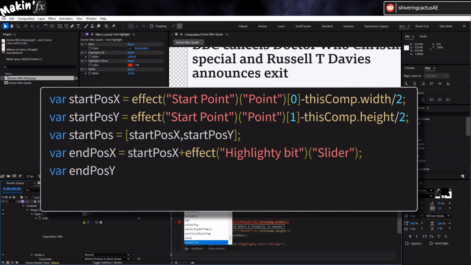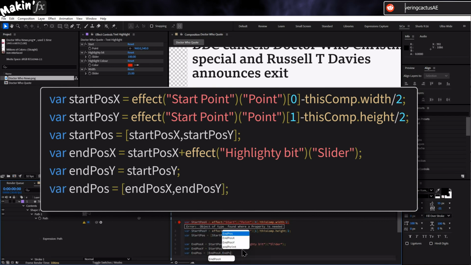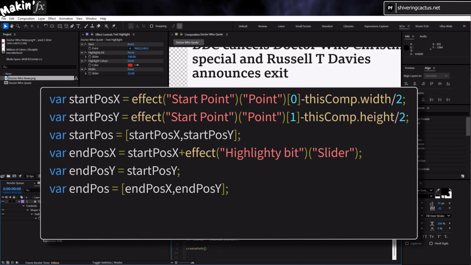var endPosY = startPosY; var endPos = [endPosX, endPosY]; And so now we have two sets of coordinates, which means we can use the built-in expression createPath. On a new line: createPath(points = [startPos, endPos]);